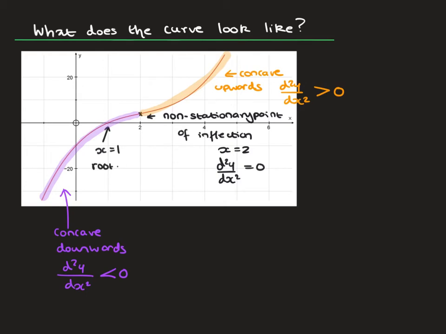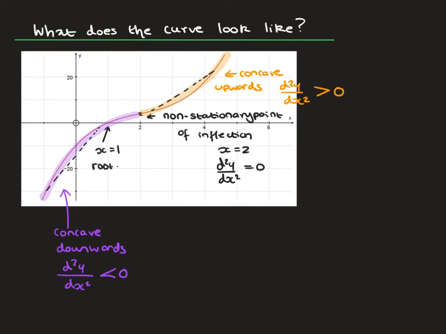Now let's see if those other tricks that we talked about actually apply. I'm going to pick 2 points in the orange section, join them up. Can you see that the curve falls underneath the line, concave upwards? In the purple region, pick 2 points and join them together using a chord. You can see that the curve lies above the line, and we have a portion of the curve that is